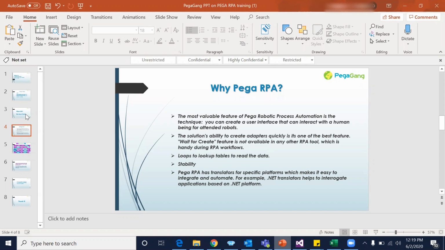The platform helps us accommodate human intervention and our automated process alongside each other. That is the biggest advantage of Pega RPA, because the tool is integrated with the Pega platform, so we can build our attended bot. Another one is Pega works on object level.